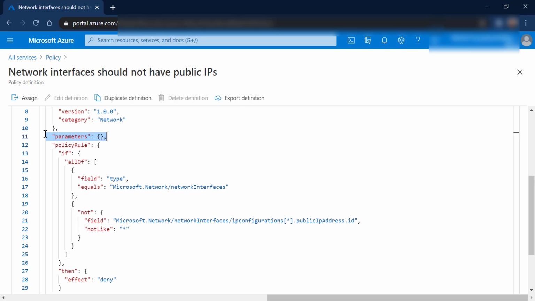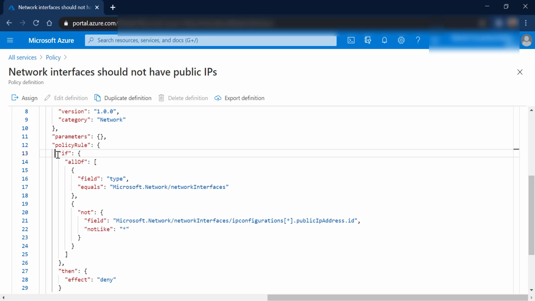So similar to that, you have the policies parameter section defined in the JSON, and next you have the policy rules. So you have the parameters. In this particular case, I don't have any parameter to pass on for my policy. So next I have the policy rule, which is again my conditions. So here in the JSON, I'm defining the different type of conditions.